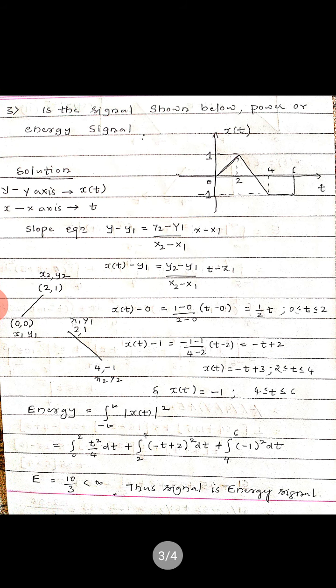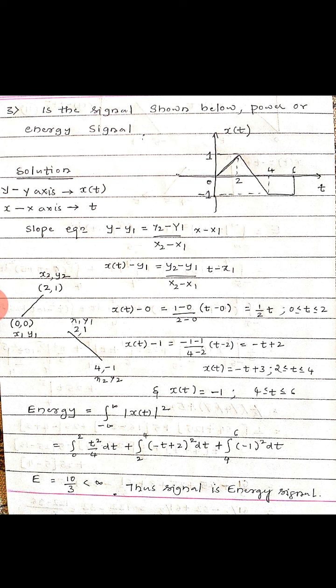So now the third example we have is some continuous time signal is given and we have to determine whether the given signal is a power signal or energy signal. Before we decide whether the given signal is power or energy, it mainly depends upon its power content as well as energy content. If the energy content is finite, then we can conclude the signal is an energy signal. If not, obviously the signal will be the power signal.